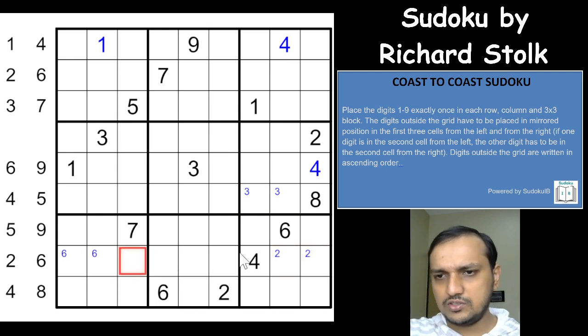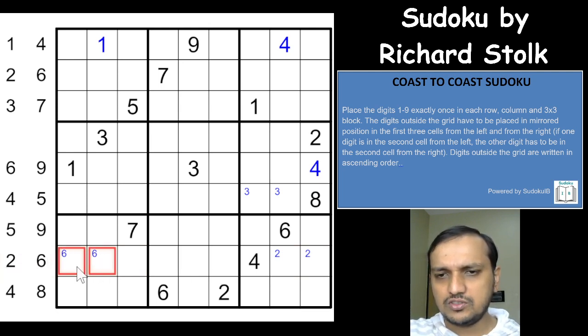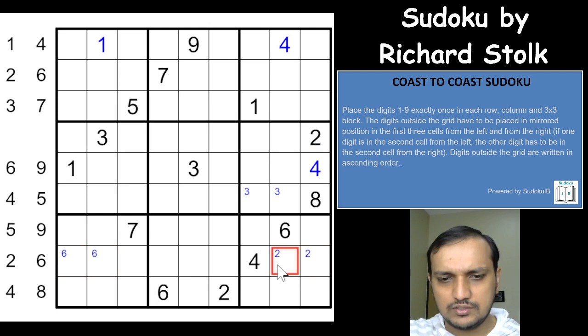This cell cannot be a 6, because according to the rules outside, the digits outside the grid are 2 and 6. So if 6 is in one of these 2 cells, 2 would have to be in one of these 2 cells. You already have a 2 here, that's nice. So this is a 2 and that gives you a 6 here,